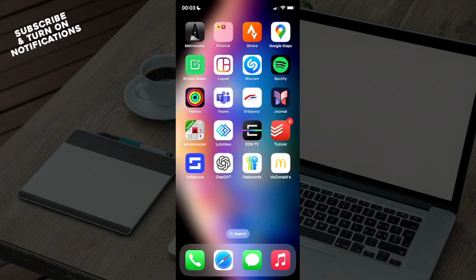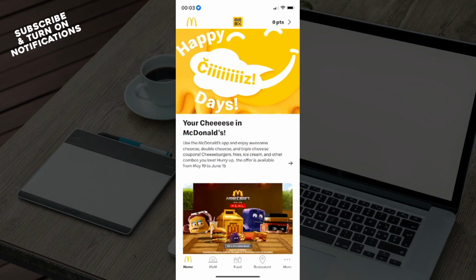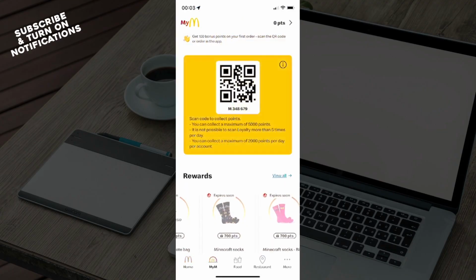Today I'm going to show you how to cancel a McDonald's order. So first of all, open up your McDonald's app, and from here you can see home, my M, food, restaurant, and more. From this page you can go ahead and click on my M, and on the my M page